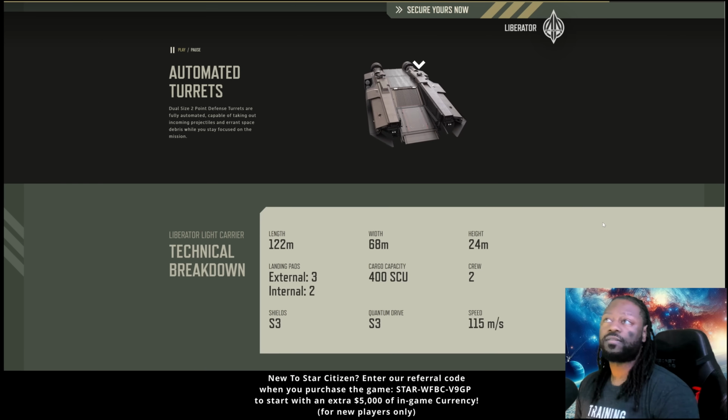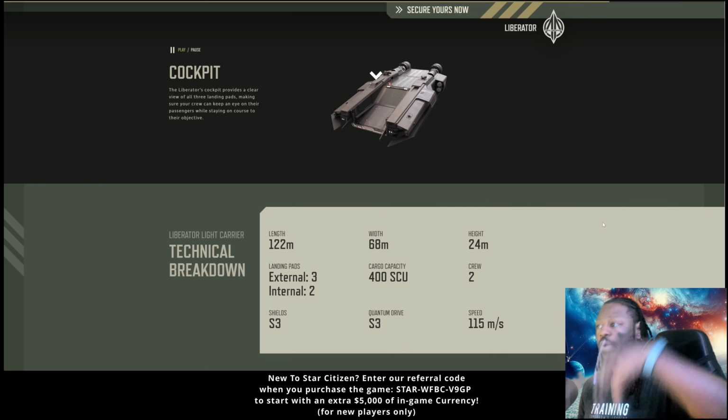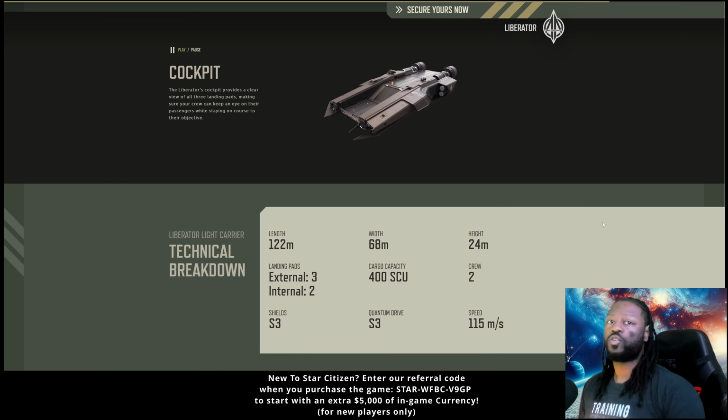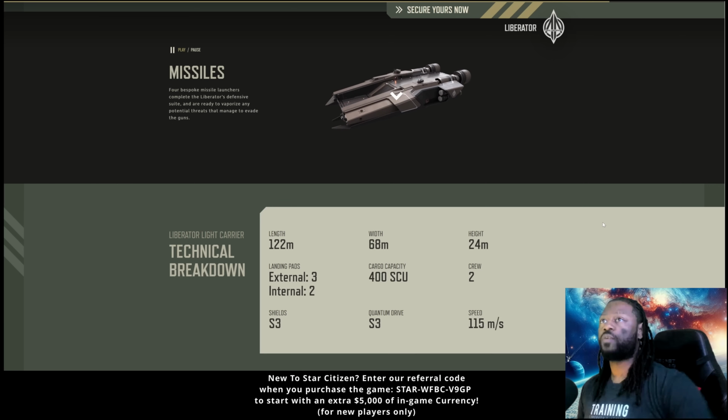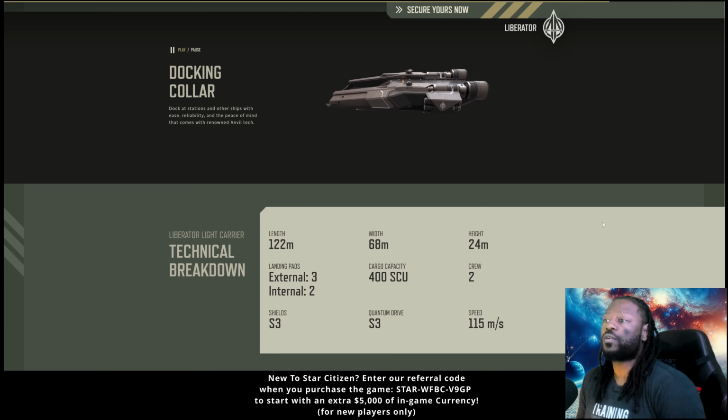And I think that's enough to make that one the best fighter of the bunch as far as ground fighting. It's not something you should be fighting in space with. It's a ground assault ship. But yeah, I think that's the